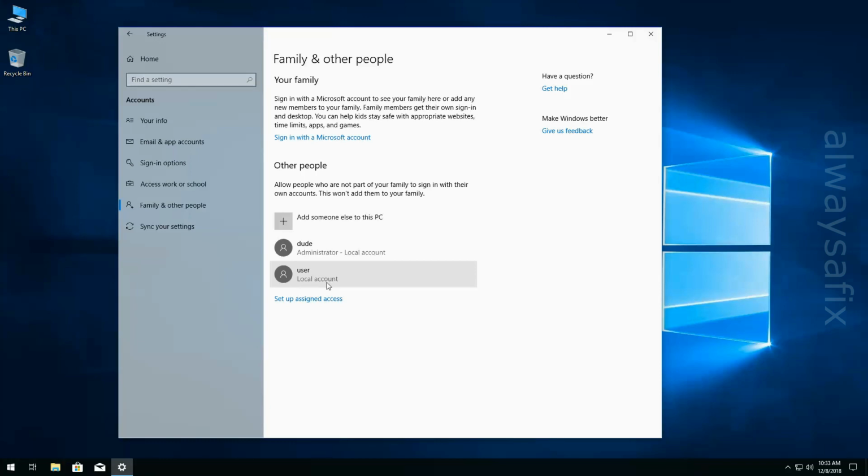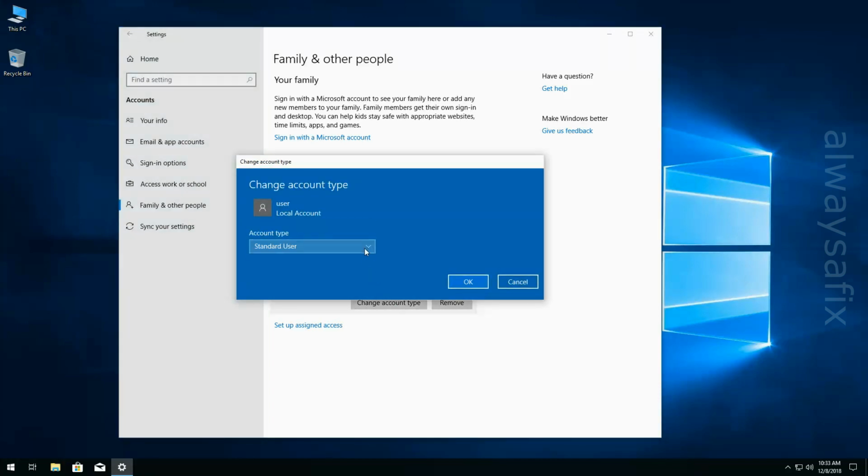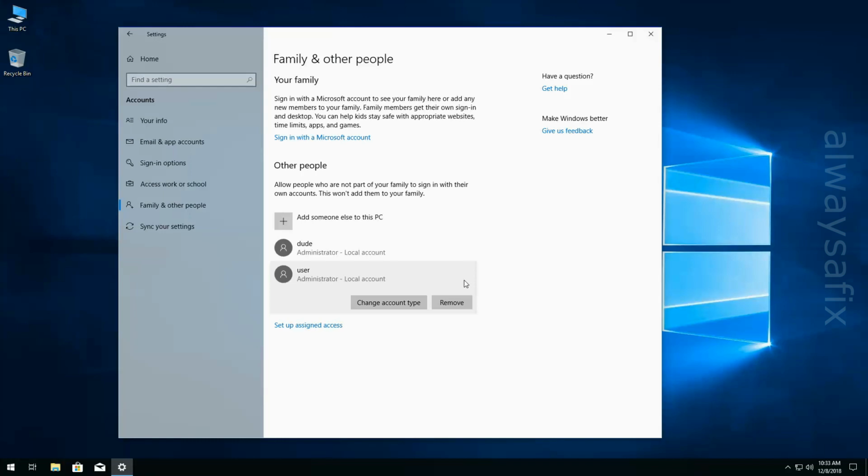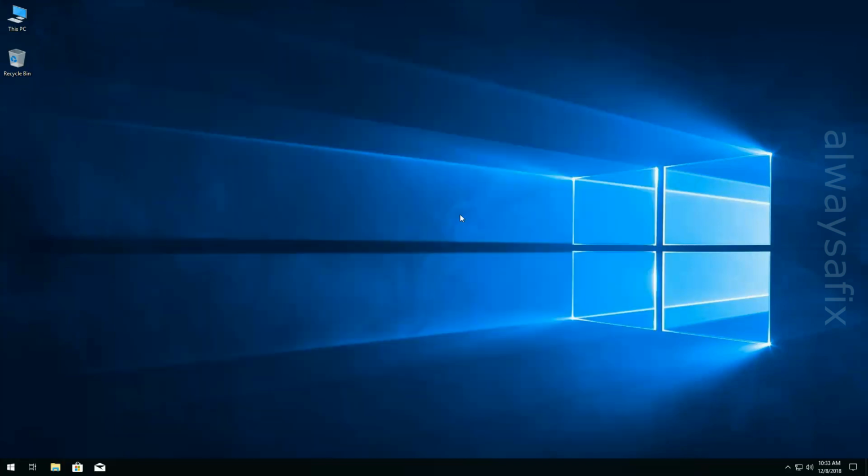account. If you wanted to give this person administrator rights, you would have to go to change account type, and here you can select administrator. Okay, and that's it. Simple, easy way to add a new user to the computer without a Microsoft account with